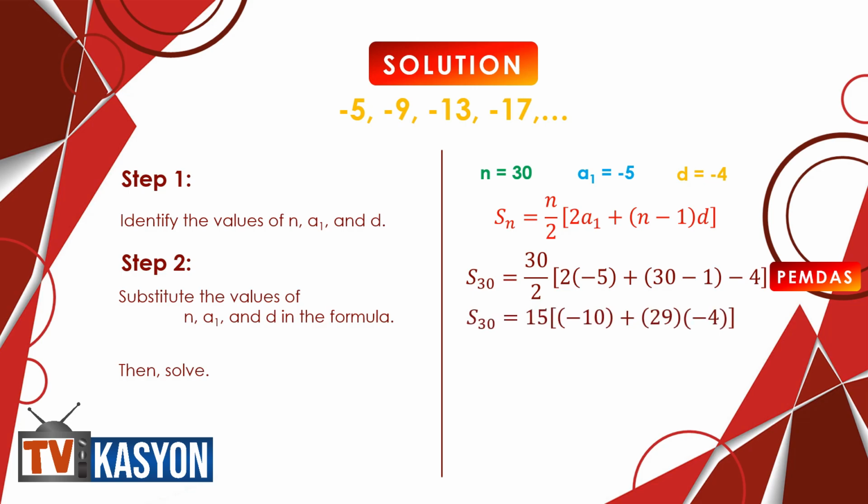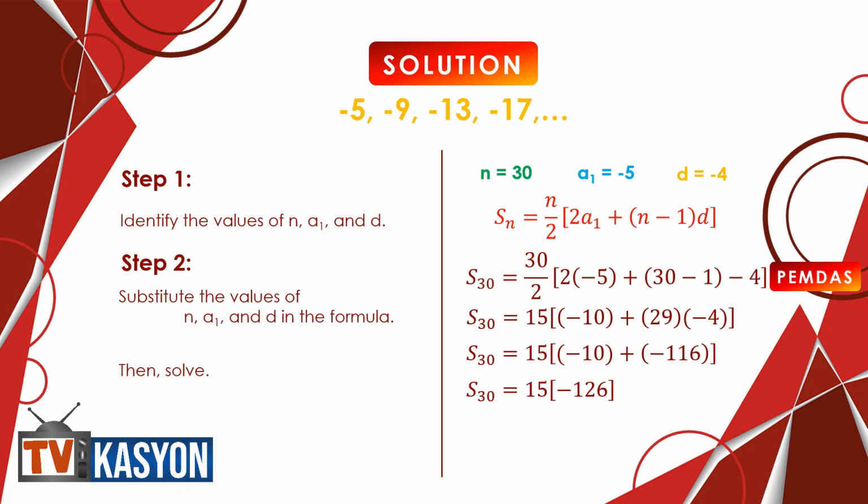Next, 30 divided by 2 is 15. 2 times -5 is -10. And 29 times -4 is -116. Then we have -10 plus -116. That's